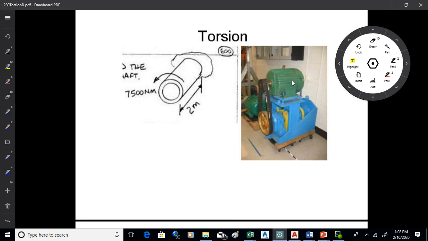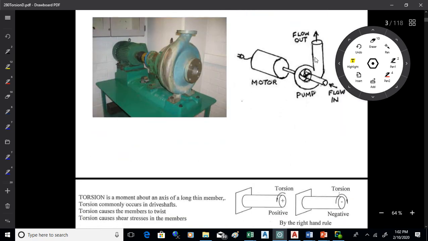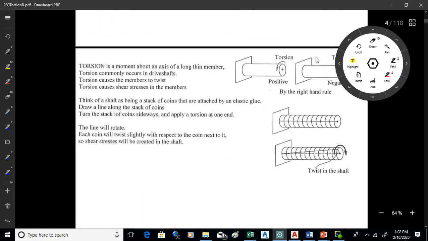That's how you think about it. It's a type of moment. Okay. Now, there are a few ideas that we want to link together here in strength of materials. The model I think of for torsion is like a stack of pennies that have elastic glue between them. And if you think about applying this torsion at the end right there,